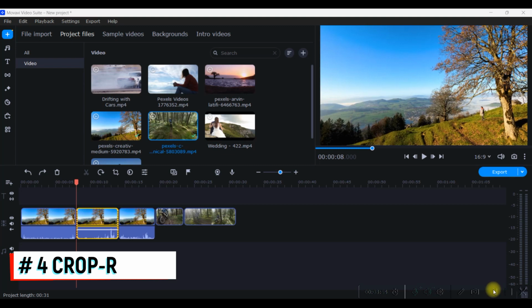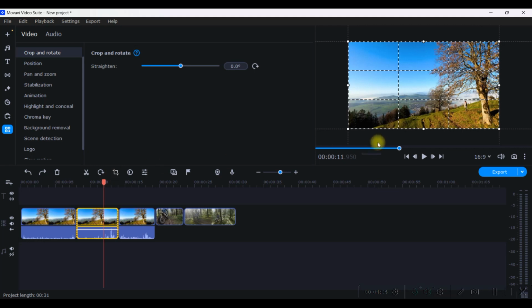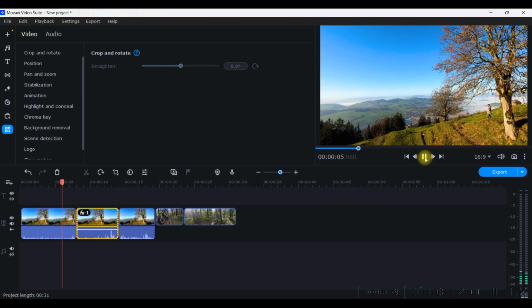Now how to crop, if you want to crop a particular video clip, you just select it again with the yellow rim. Then here is the crop tool. You crop as much as you want. Suppose I don't want this much, I want this much only. So then crop it and check how it is looking.